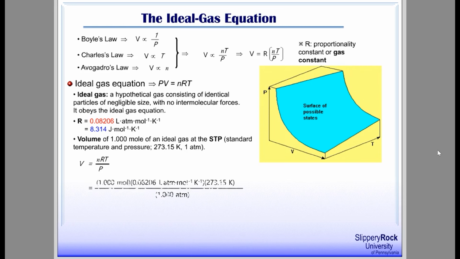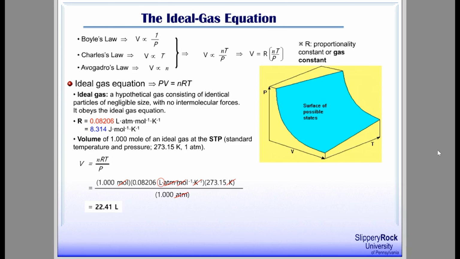Then it will be 1.000 mole times 0.08206 liter atm per mole per Kelvin times 273.15 Kelvin divided by 1.000 atm. The units of mole, Kelvin, and atm are cancelled. The remaining unit is liter, which is a unit of volume. Finally, the volume of ideal gas at STP is